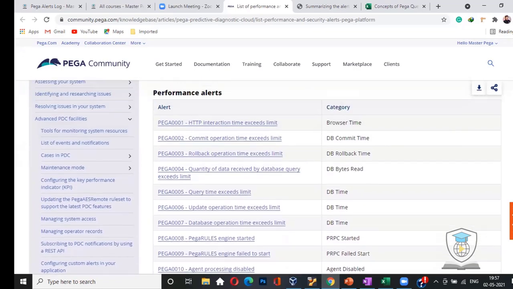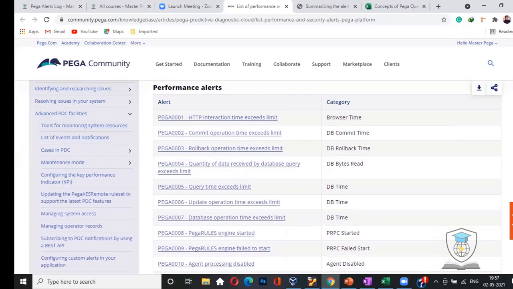And the alerts are given in sequence. It is recommended that you keep the latest version, because the list may increase. The alerts of version 6.2 are not the same in number; they will keep on adding. For example, ADS alerts, that is asynchronous data page alerts, were not there previously. They have introduced them now. But some of the results, that is Pega 0004 and 0005, were always there.